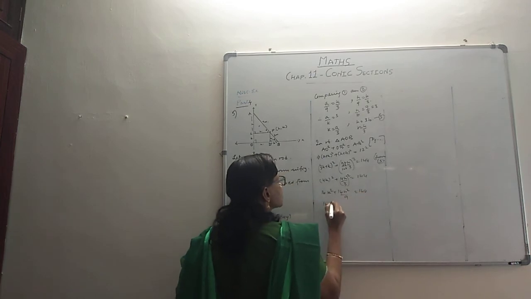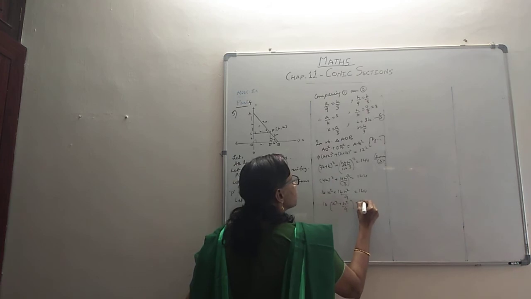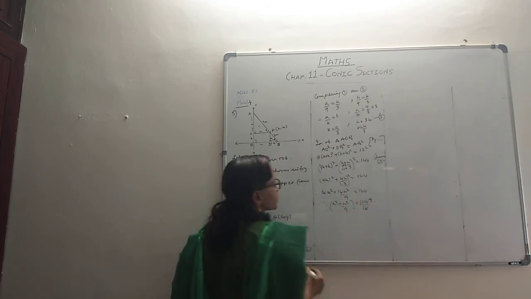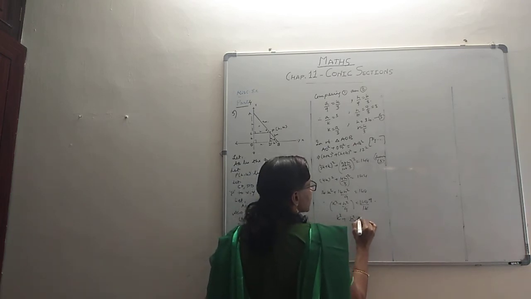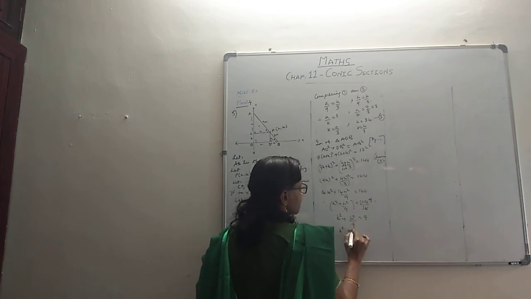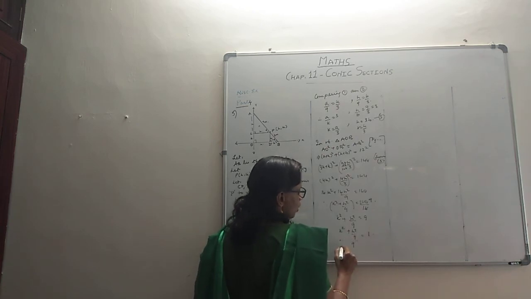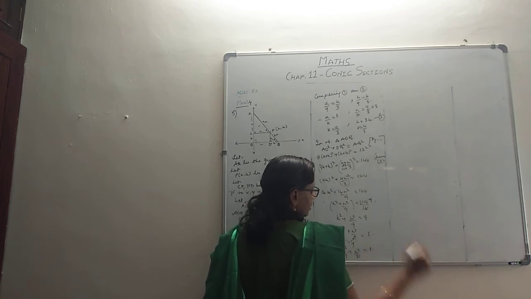Take the 16 out. So K squared plus H squared by 9 equal to 144 by 16. You can take it on the other side. 16 nines are 144. So it's like K squared plus H squared by 9 equal to 9. Or if you plan to divide it here, 9 over 9 is 1, so K squared by 9 plus H squared by 81, when we have it separated, equal to 1.